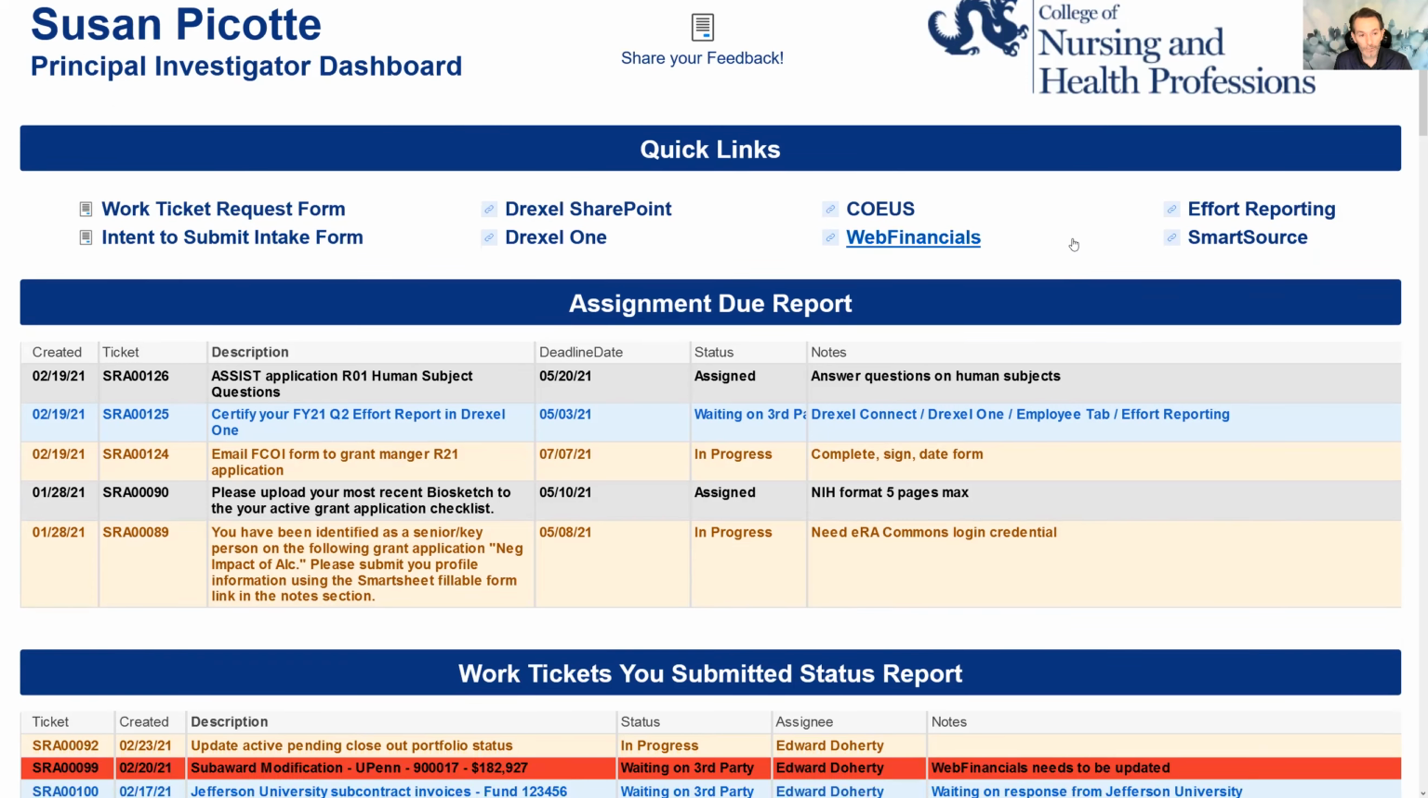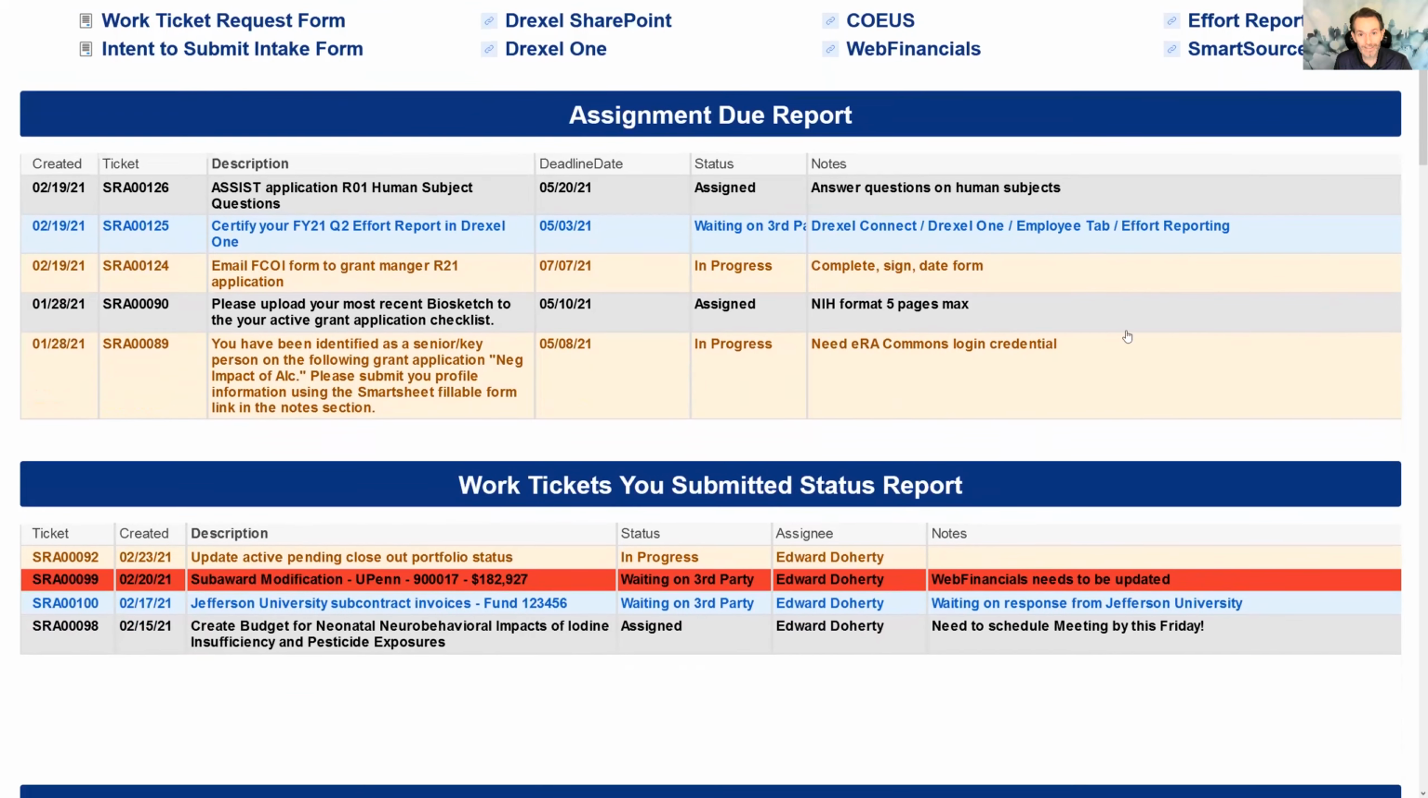Let's go a little further down on your Principal Investigator dashboard to your Assignments Due report. This report that you see here are the assignments your grant manager has assigned to you. These are tasks and responsibilities we are requesting from you, the principal investigator or the faculty member or the owner of the dashboard. What's great about this is not only do you have a report that can be a great reminder about work